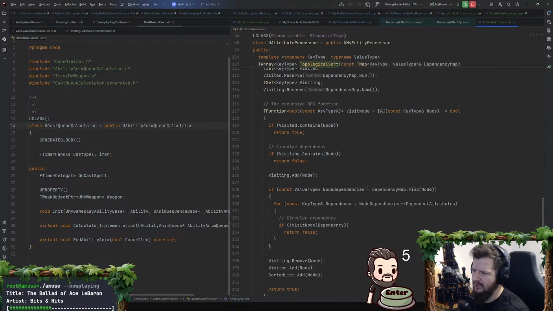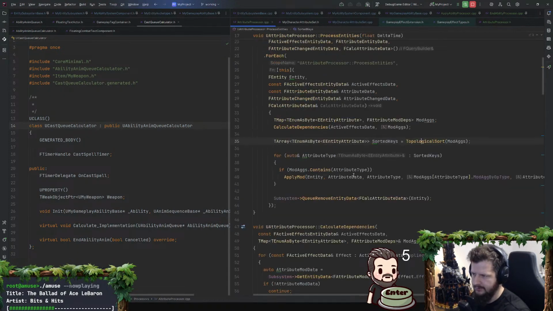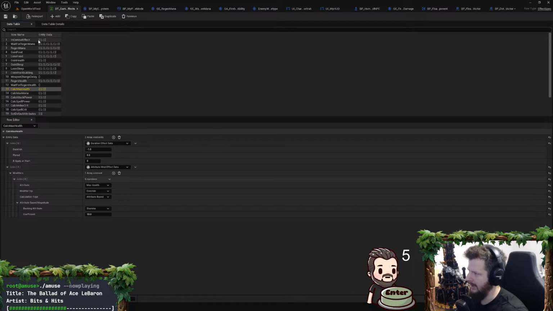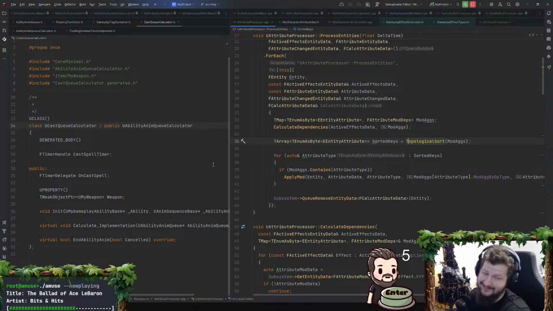It's a topological sort, I guess, is what we're looking for here. Again, shout out to Gemini for that function. It's one of those things where I could have written that, but it would have taken me like an hour or two to get it right. Or I could have just prompted for it, right? Say what you will about AI, I don't vibe code. I think vibe coding is cringe, but it's very nice for some narrow use cases. The more algorithmic or mathy something is, and the more general it is, it's probably not a bad use case for an AI prompt. Usually I just stick with the autocompletes.